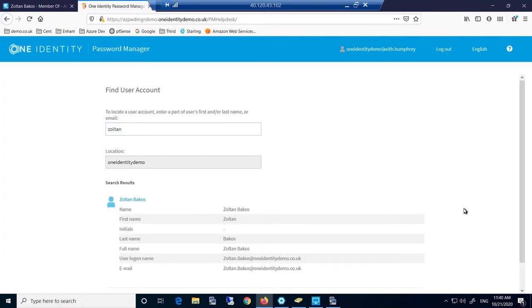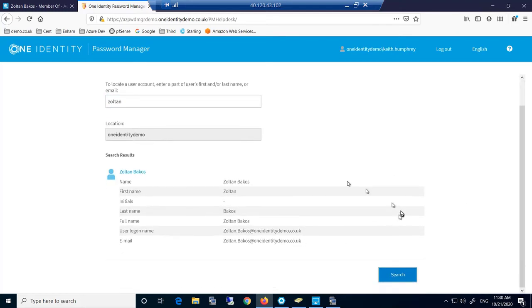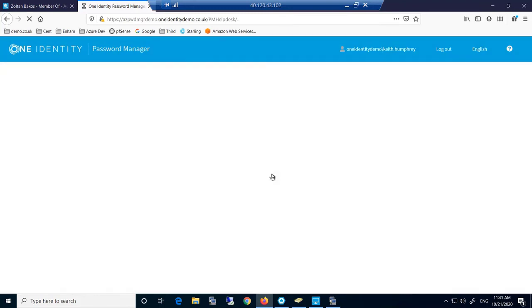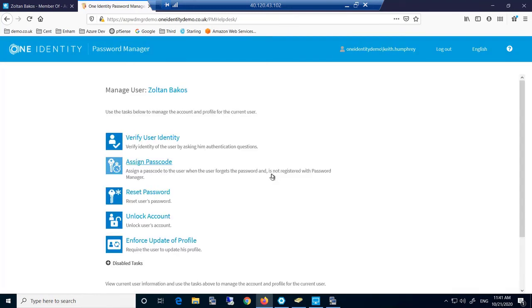we can then find the account of Zoltan, and Keith can go through the details of resetting the password for Zoltan, issuing a temporary code so Zoltan can log on. But again, all of these things that we've been looking at here are fully driven via the policy. That includes the ability to allow users to search for themselves, or the help desk to search for users, or to enter their fully qualified name.